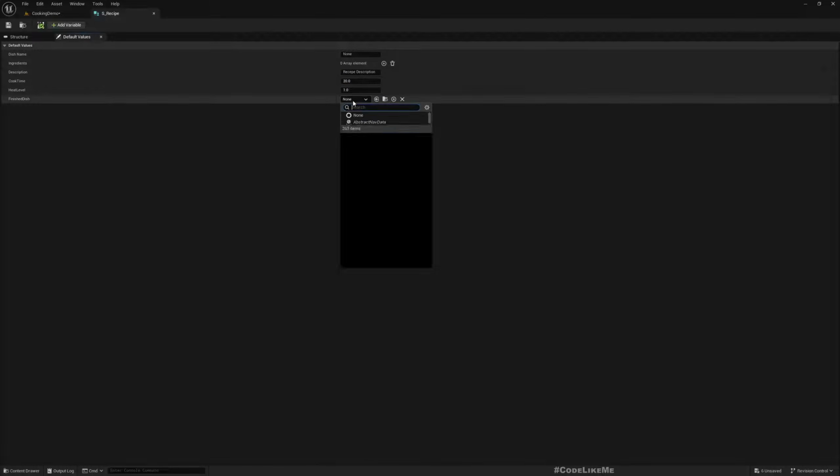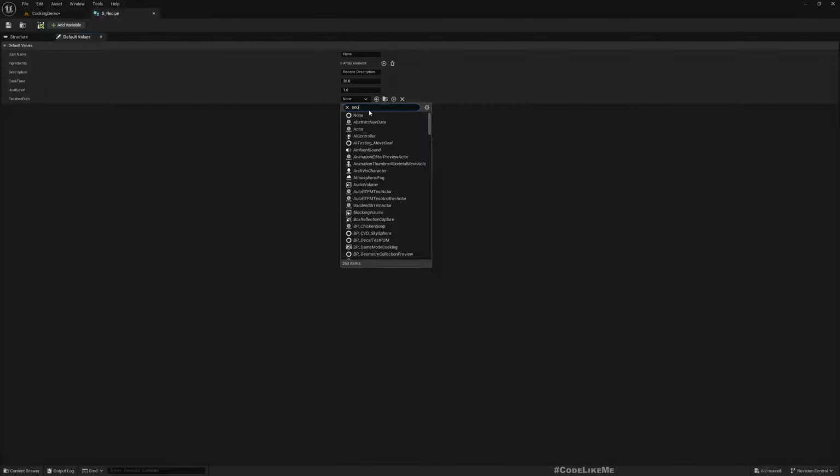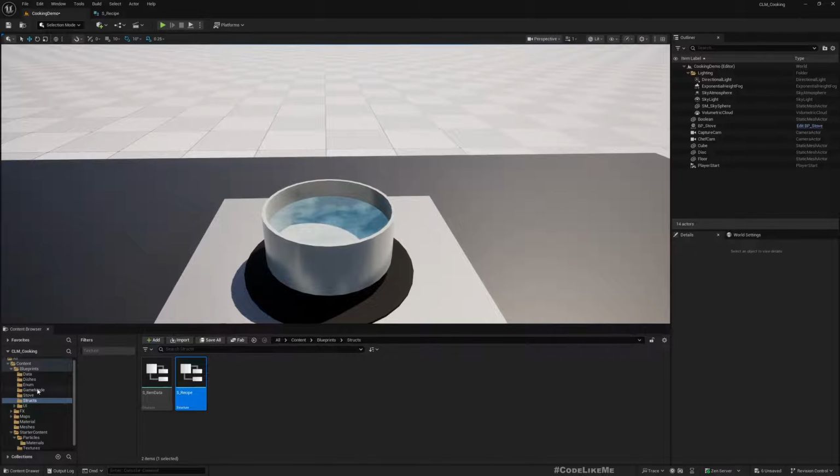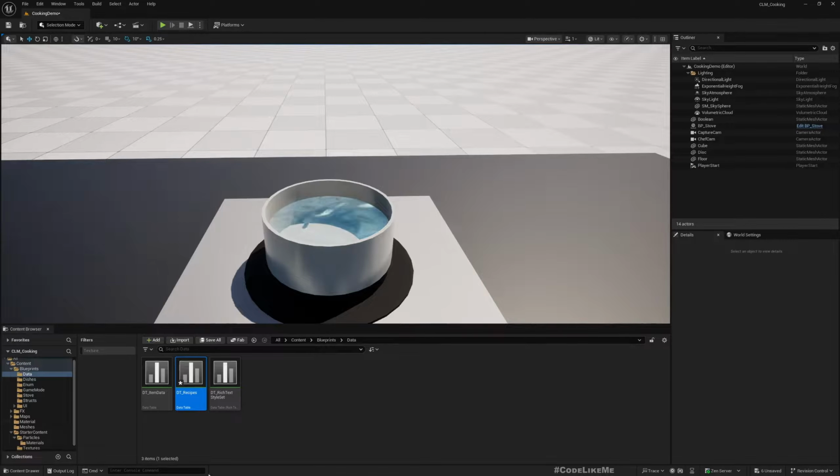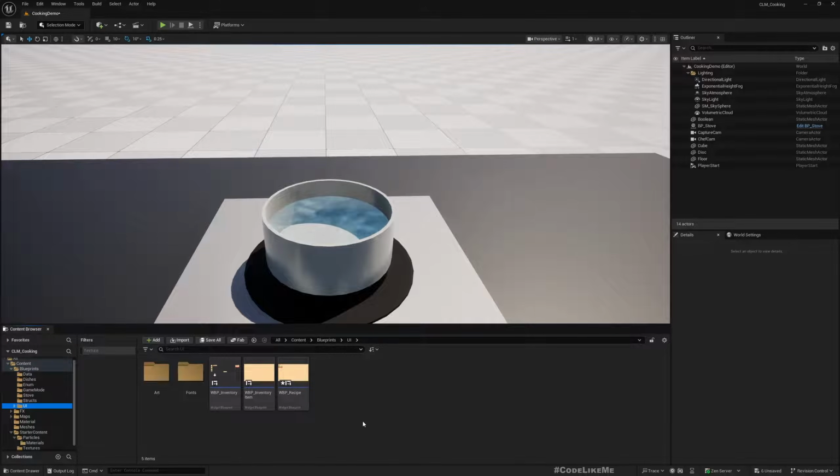As the default value, I'll choose soup, chicken soup. Now if I go to data and recipes data, here you can see finished dish. Because this is the default value, we have the finished dish as the chicken soup. Okay, now let's go to our